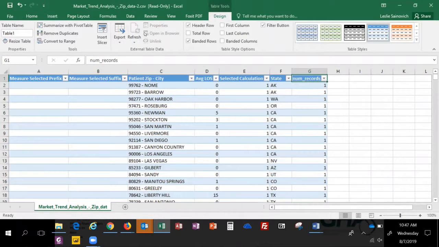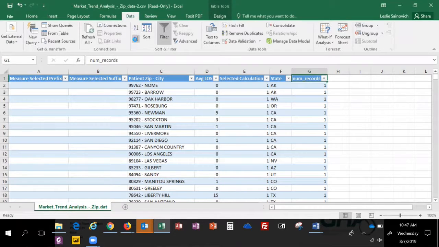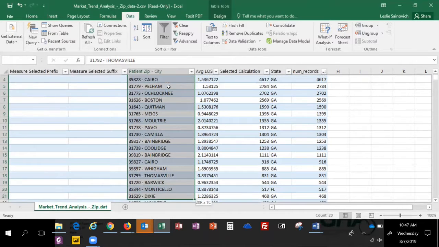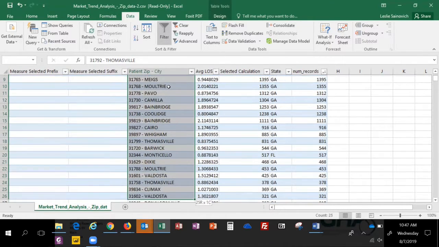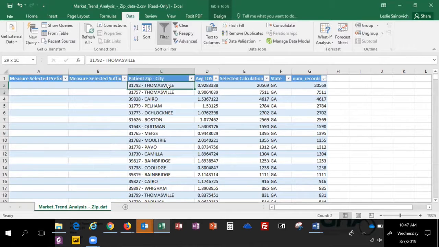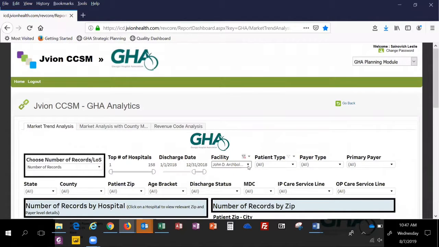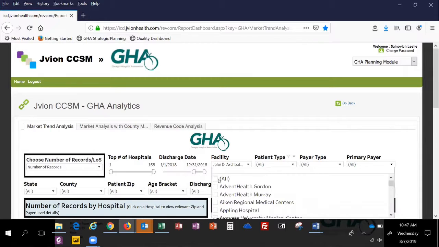and we can sort on the number of records, you can see the patient zip code here and the top, where you might want to cut it off if you wanted to go back in and filter just on those top zip codes. So if we went back in and went back to the filtering tool, and we wanted to see where patients are going from those zip codes,